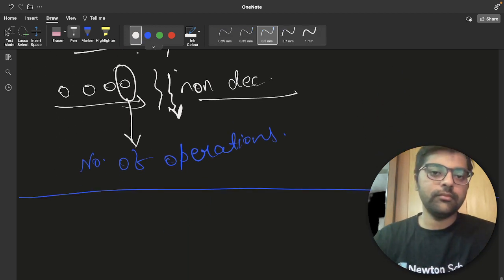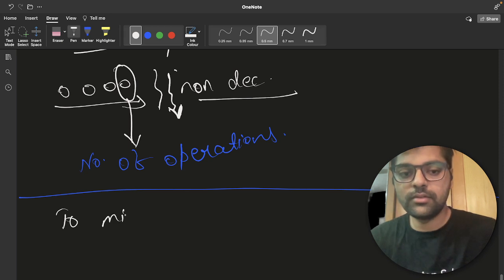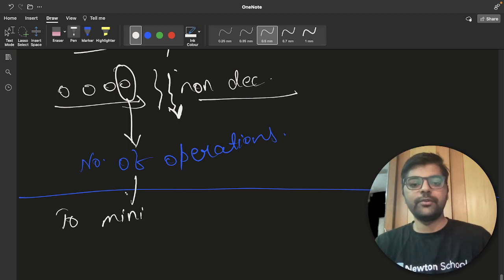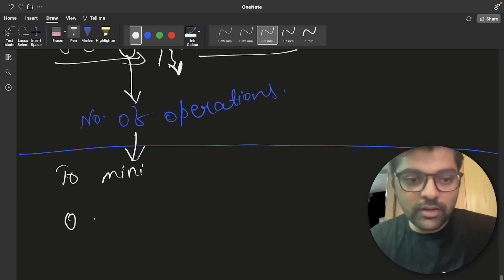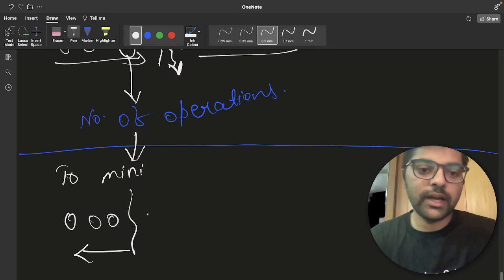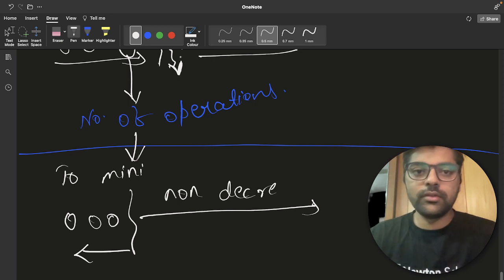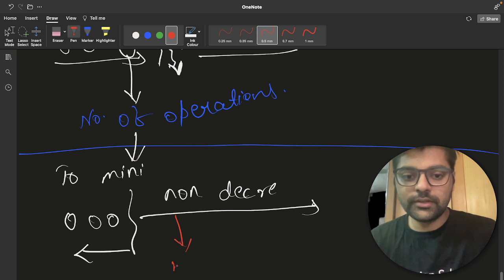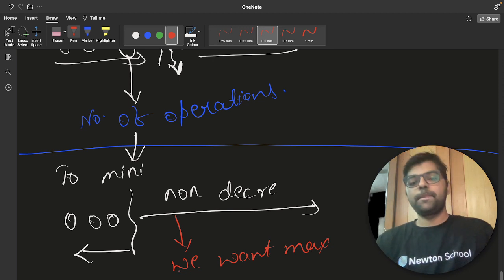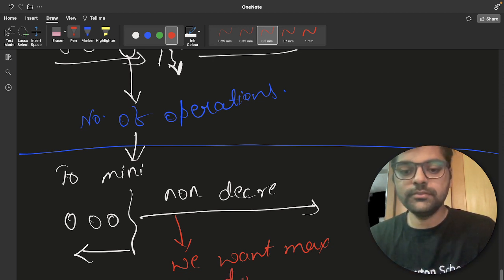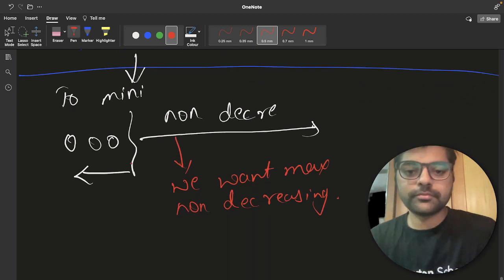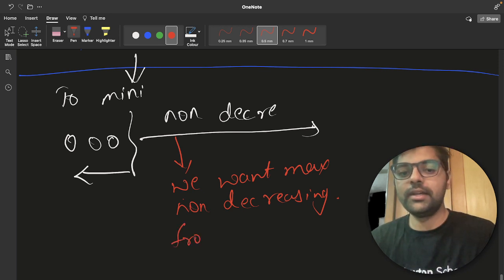Now, to minimize the number of operations, we will have to minimize it as given. Then what will our optimal case be? We want to minimize the number of 0s, and the rest would be non-decreasing. So we want the maximum non-decreasing from the right side, right?